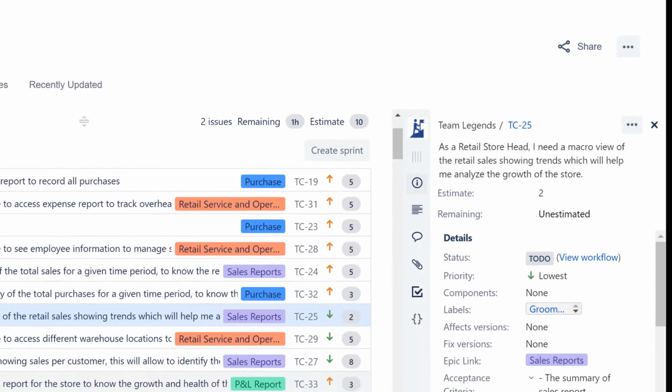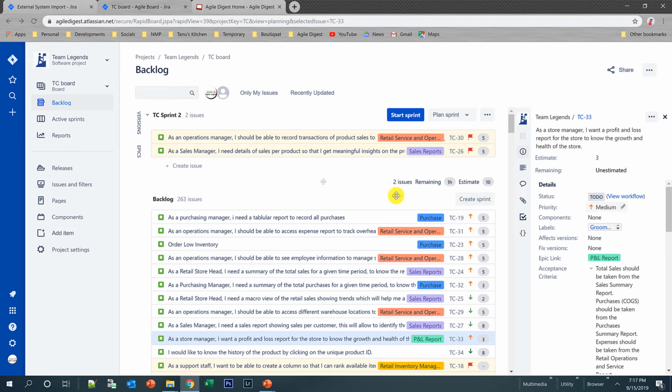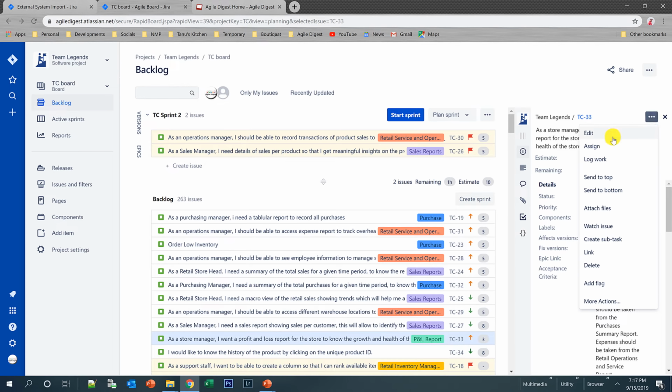I'll go back and we'll move to the next topic, that is time logging, how we can log our time. If you don't have any tools installed, for example, there are multiple plugins. If you have a plugin installed, you will have their time logging options, but you can access it from the same menu. If you have Tempo, or AIO Reports, or there are many other time logging plugins available for Jira, but if you don't have anything, you can click on any of these links and